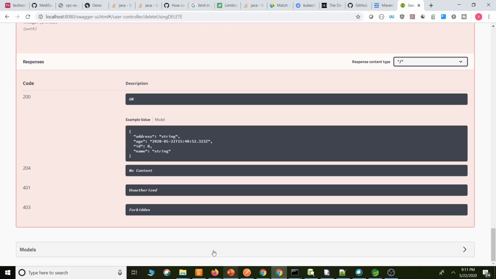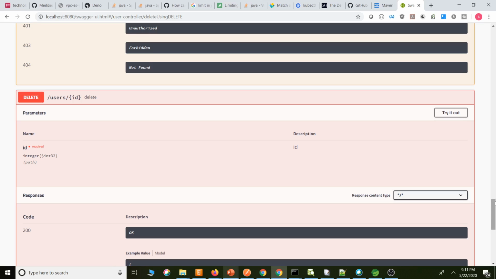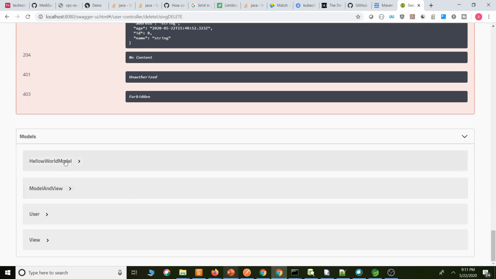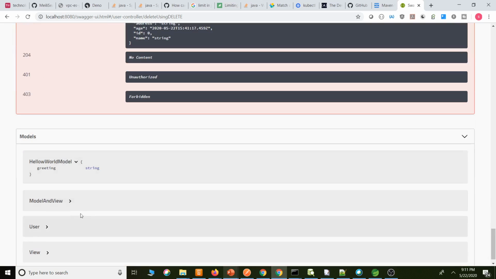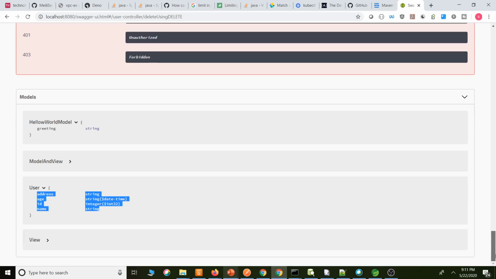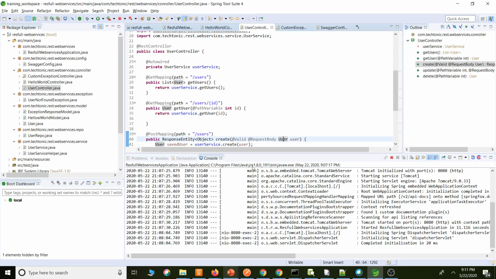Next, let's go to the models. Under models, there are hello world model, model and view, and mainly the user model is present. You can see here we have the user model, hello world model, and exception response model.